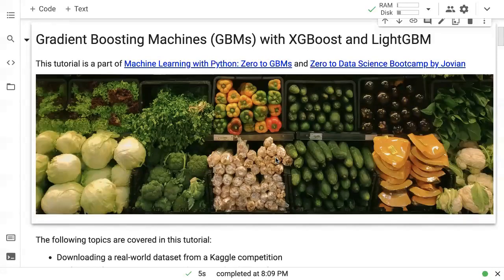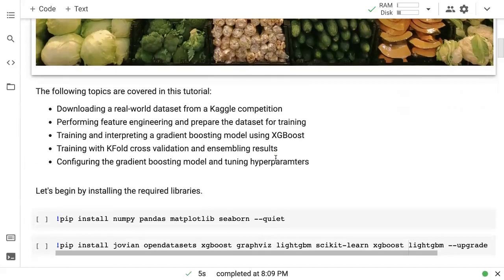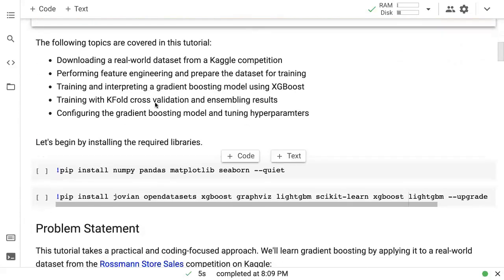So the topic for today is gradient boosting machines or GBMs with XGBoost. And there is another very similar library called LightGBM, which you should also check out once you complete this tutorial. And here's what we're going to cover today. We're going to download a real-world dataset from a Kaggle competition. We are going to perform feature engineering and prepare the dataset for training.